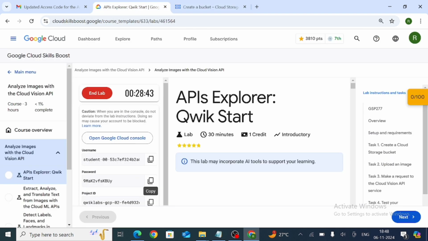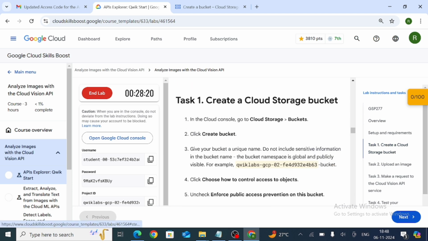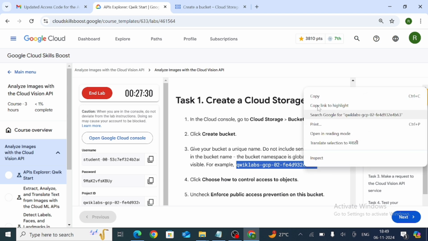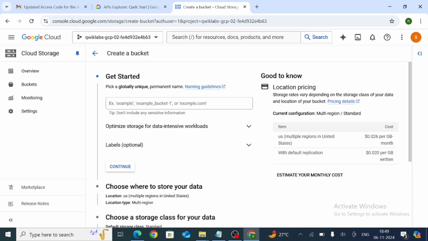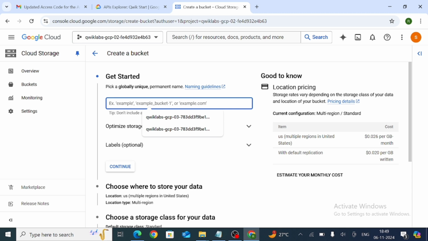So go back, task number 1. So now copy this bucket name, copy, go back here and paste here, Ctrl V.